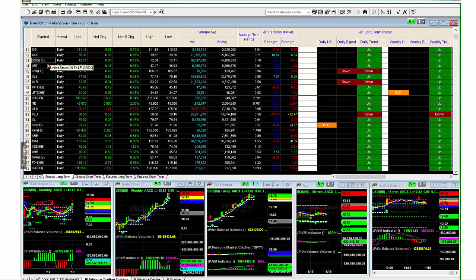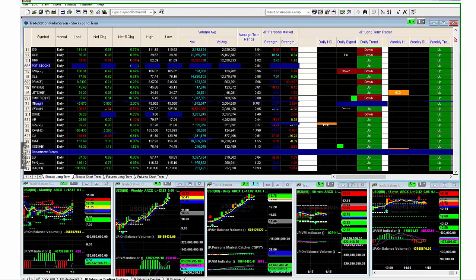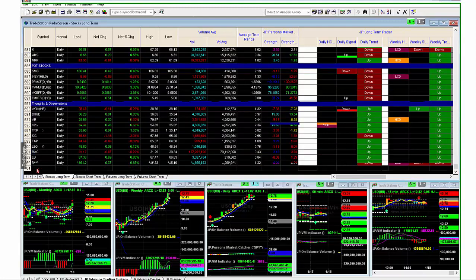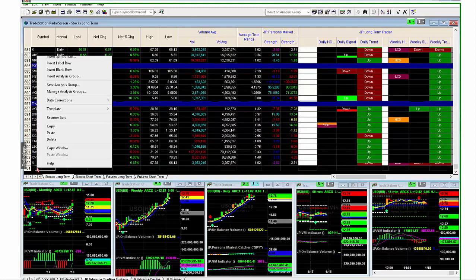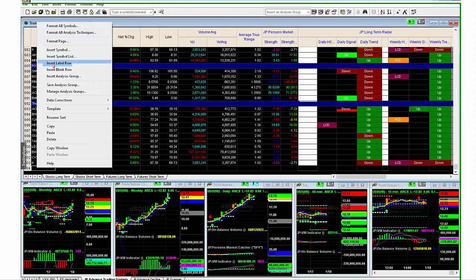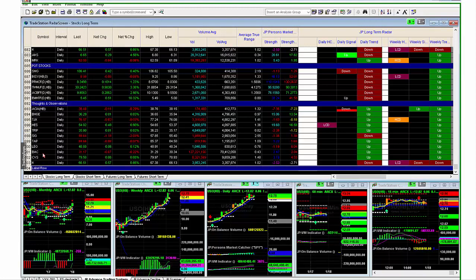crash. So first and foremost, if you were going to develop your own list of stocks, here's what you really need to do. Right-click on an open space and insert label row. You need to label what you want.